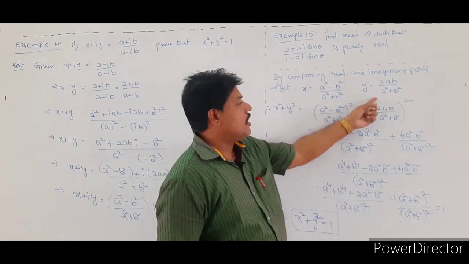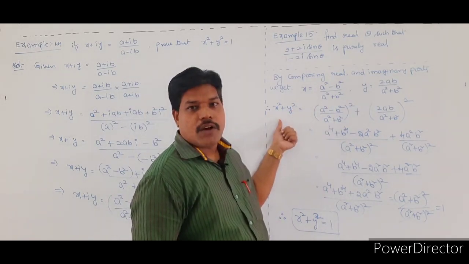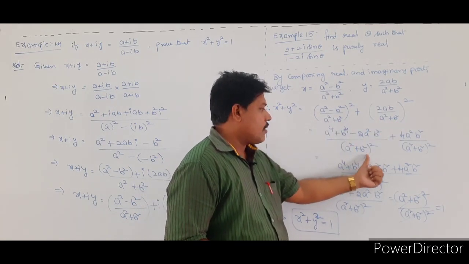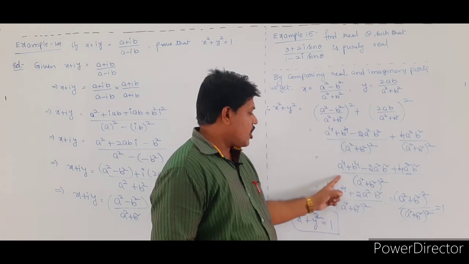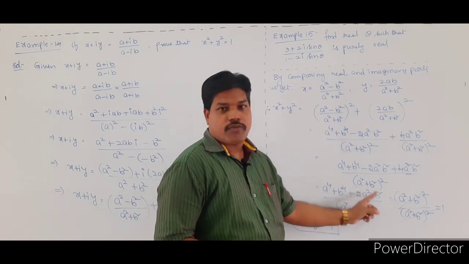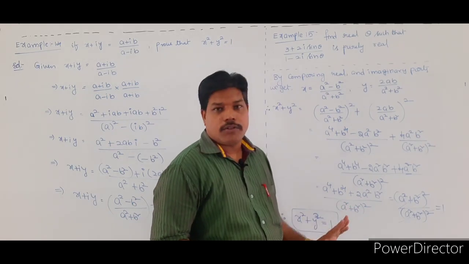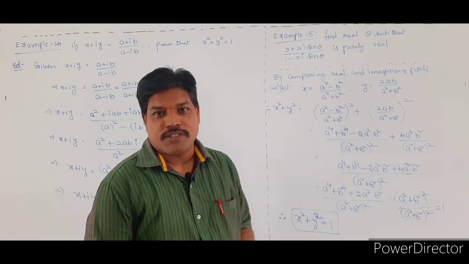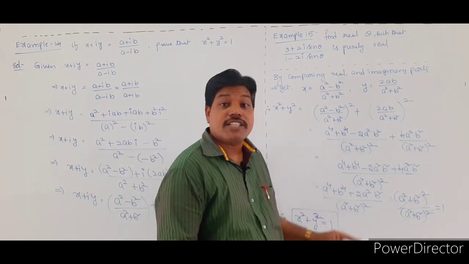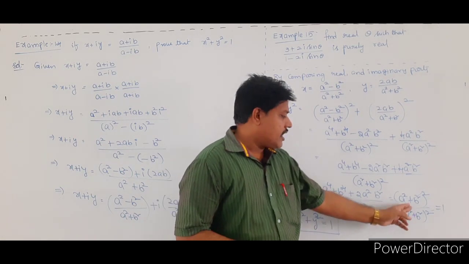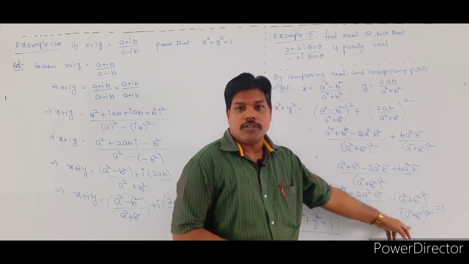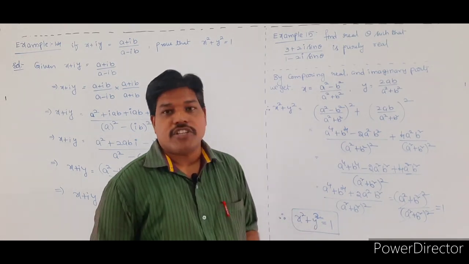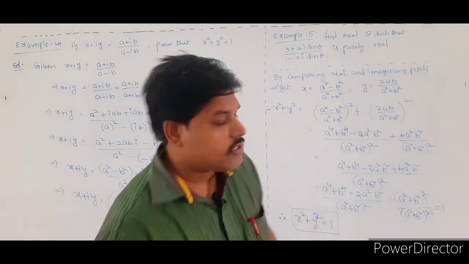By taking that x value and y value, just take x square plus y square. That is equal to the x square value plus the y square value. Take the LCM, a square plus b square whole square. In the numerator it will become a power 4 plus b power 4 plus 2a square b square by a square plus b square whole square. It is in the form of a plus b whole square, you know the formula. So that is a square plus b square whole square by a square plus b square whole square. We get the value 1. So then we can declare that x square plus y square is equal to 1. Okay, so see that question once again, students.